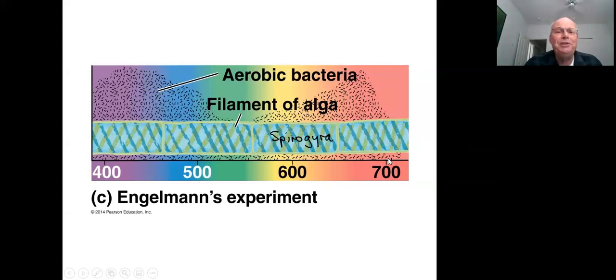Then he used the observation that oxygen is a chemical byproduct of photosynthesis, something that was first demonstrated back in the mid-1700s by an English scientist named Joseph Priestley, who is actually credited with the discovery of oxygen through his experiments. Now, Priestley did not know that he had discovered a new element, oxygen, but he used the term oxygen because he had discovered that a plant produces something that revitalizes air that had been